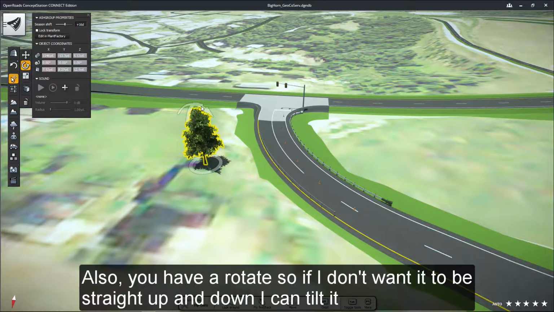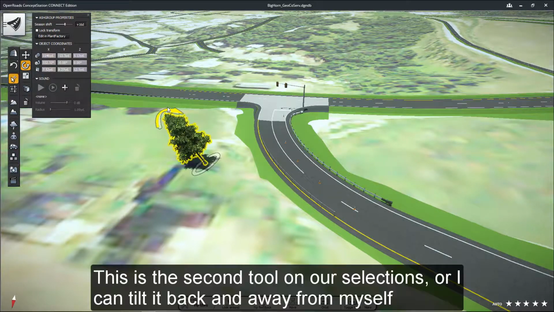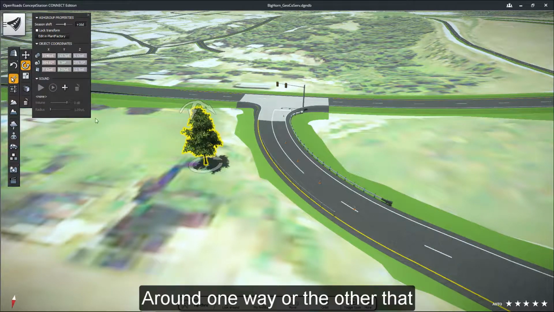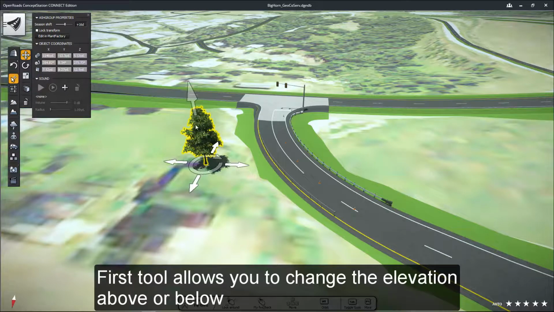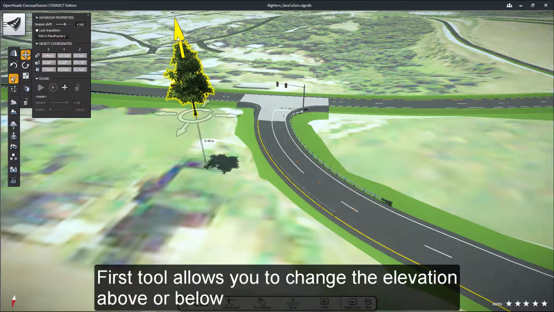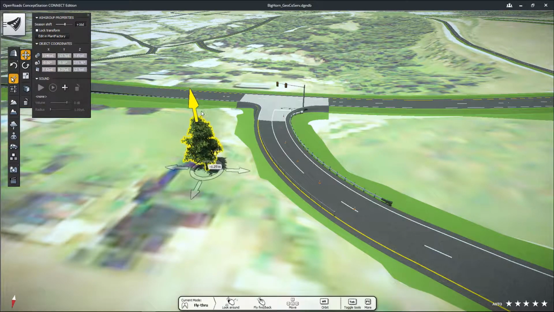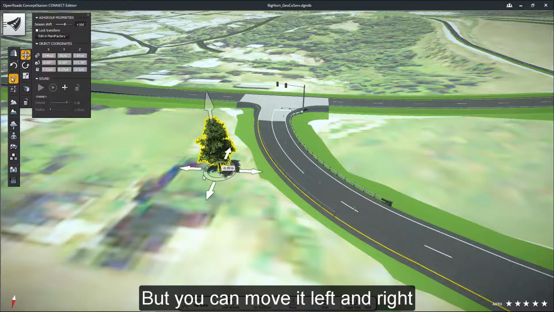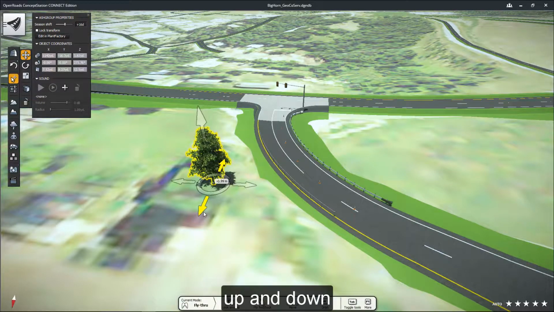Over there on the left also you have a rotate, so if I don't want it to be straight up and down, I can tilt it. And this is the second tool on our selections. Or I can tilt it back and away from myself. And then at the bottom of that there, I can rotate it around one way or the other. That first tool allows you to change the elevation above or below its placement or the existing ground. Usually when you get close to existing ground, it'll kind of pop on there. But you can move it left and right, up and down,